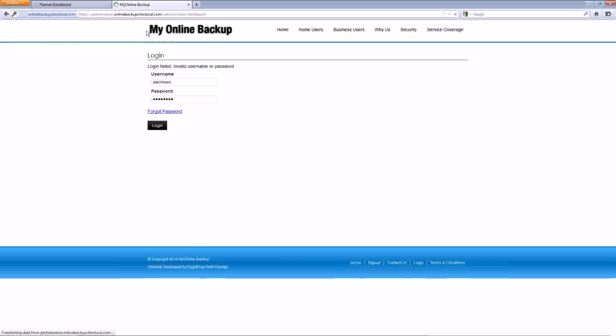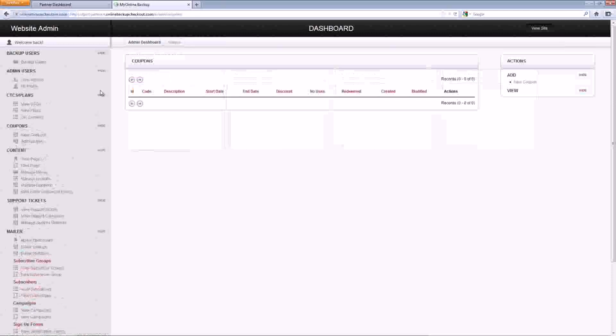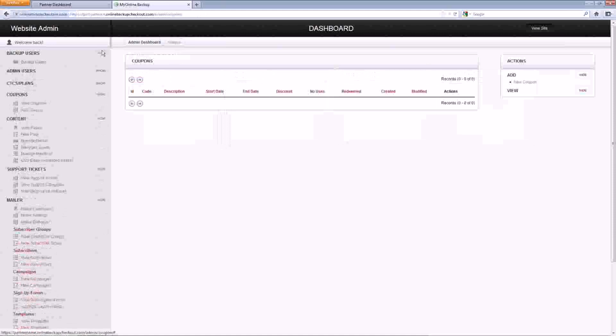So here's our admin dashboard. You can see all the tools that we've put in place. So we have a coupon code system. There might not be any in here. You can create coupon codes to hand out to people, so you can give them percentage discounts on the service